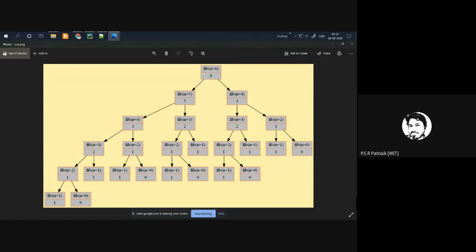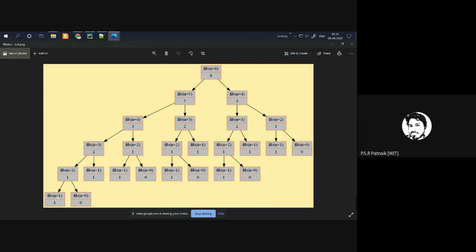So at this stage, when it calls fib of n is equal to 3, I have already stored that in an array. So now I will not go through all this further subtree. I will directly get the result from the previously stored and computed value for fib of n is equal to 3.